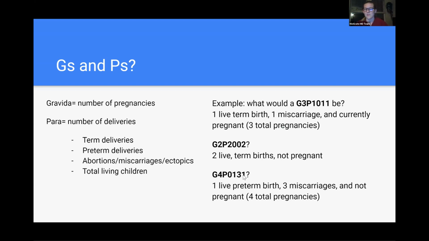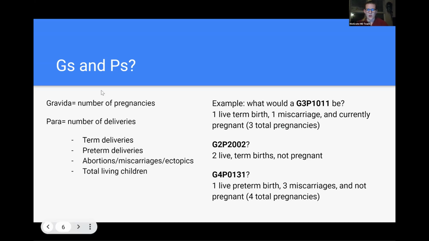And if you add up all the numbers at the end, they should equal the G. If it doesn't, then that means that they already are pregnant. So this person has had 1 live preterm birth, 3 miscarriages, and is not currently pregnant. I know that can be a little confusing, but just so that you're aware, mostly to